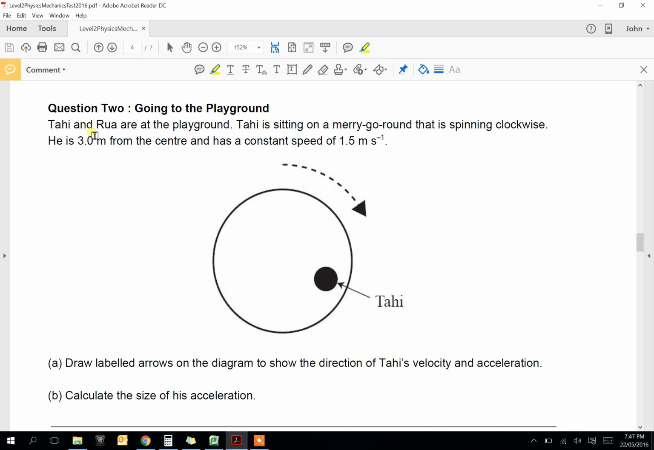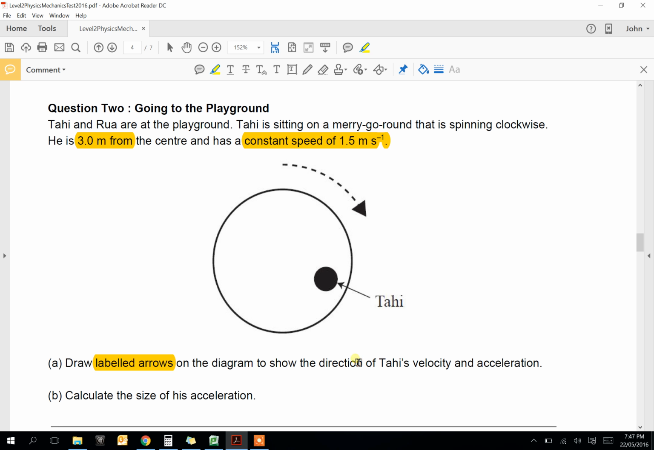Going to the playground. Tahi and Rua, it's interesting, 1 and 2. Tahi is sitting on the merry-go-round that is spinning clockwise. He is about 3 meters from the center and has a constant speed of 1.5 meters per second. So there's Tahi, 3 meters from the center, and I want to draw labeled